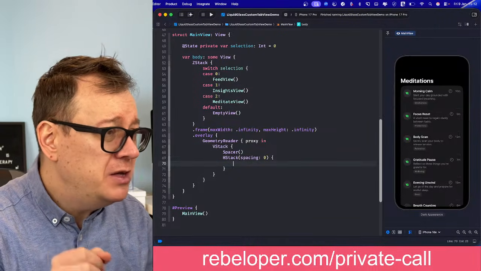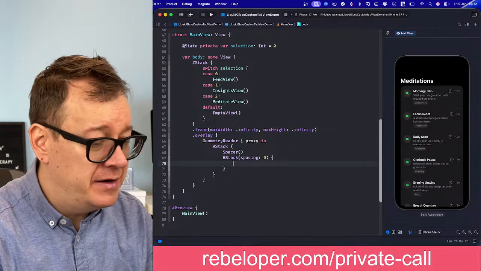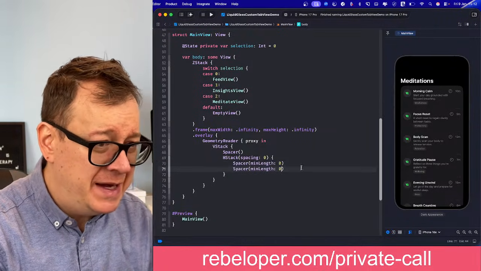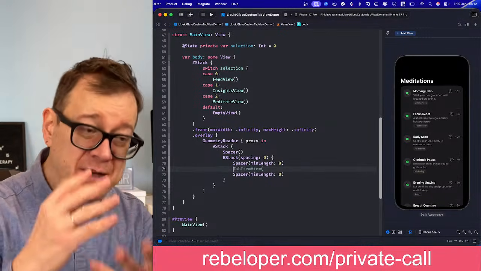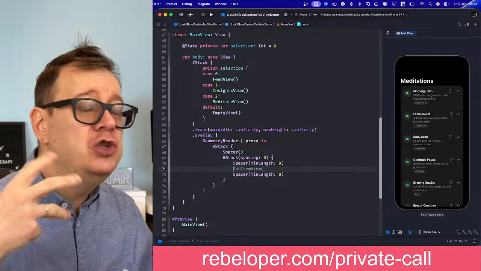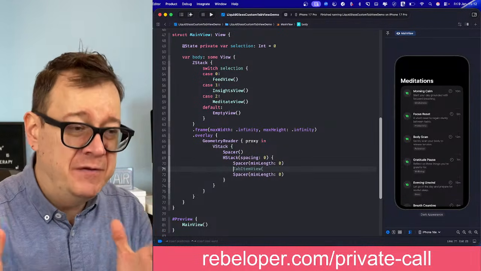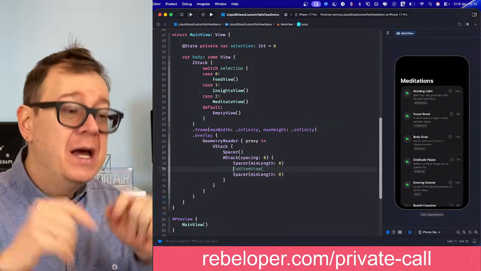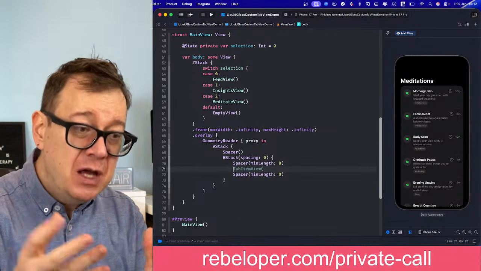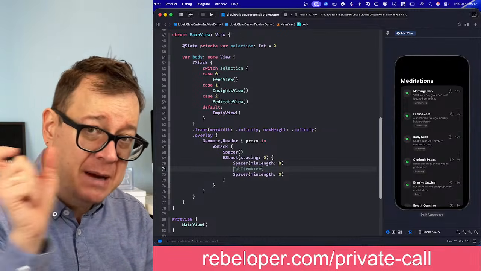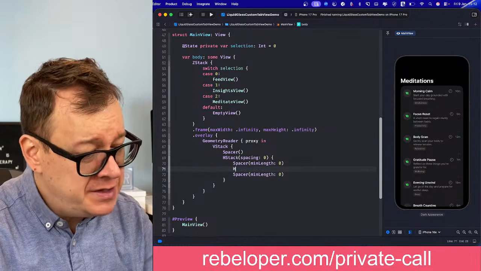So what we want to do is just add right over here a spacer first with a minimum length of 0. Let's duplicate this. And then between those two, I'm going to add a new horizontal stack. So this will be actually the tab view. I'm just squashing it in, but inside the tab view, we also need to have a horizontal stack to lay out those tab items horizontally. So a new horizontal stack,